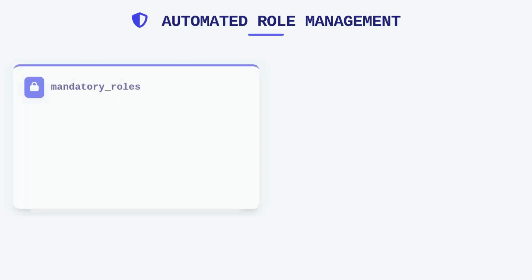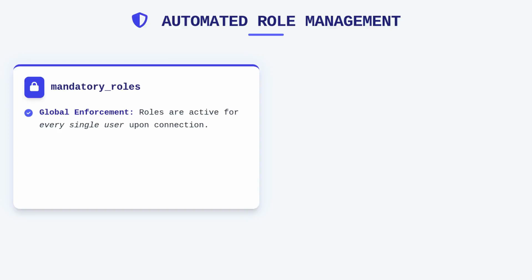If you want to ensure that specific roles are always enabled for certain users automatically, the mandatory role system variable proves indispensable. By defining a list of roles in this variable, the server will treat those roles as active for every user upon connection, regardless of their individual settings. This is particularly useful for global requirements, such as a base logging or monitoring role that every service account needs.